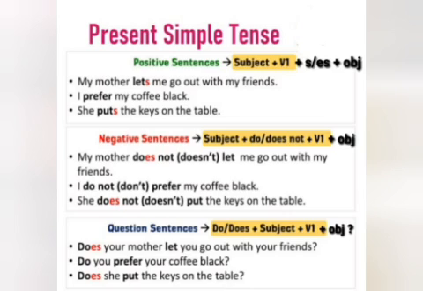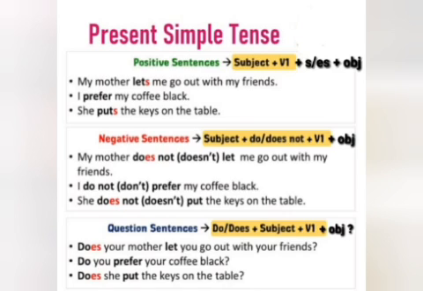Yes, this we call the positive form of simple present. Now the question arises where to use S and ES. S and ES is used with the verb when the subject is singular. And if the subject is plural, then we do not use S or ES. Like for example, dog barks. So here your subject, that is dog, is singular, and therefore your verb takes S, that is barks.